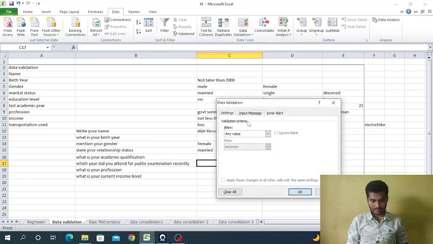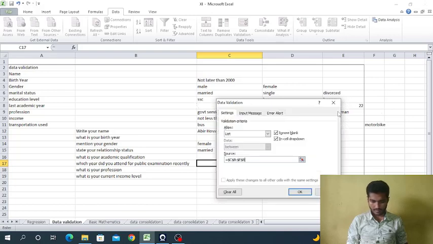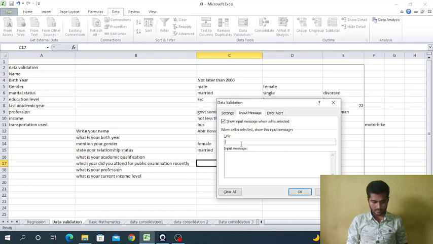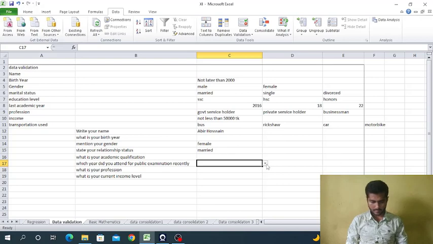Data validation, list, source, input message, exam recent, error box, same message. Here we can see 2016, 18, 22.